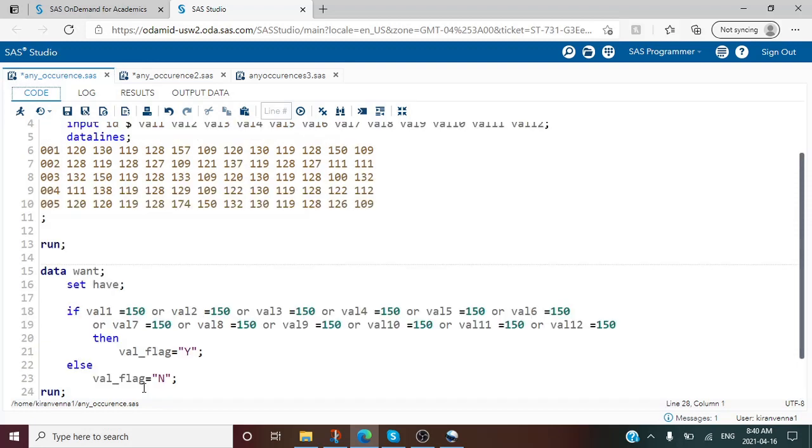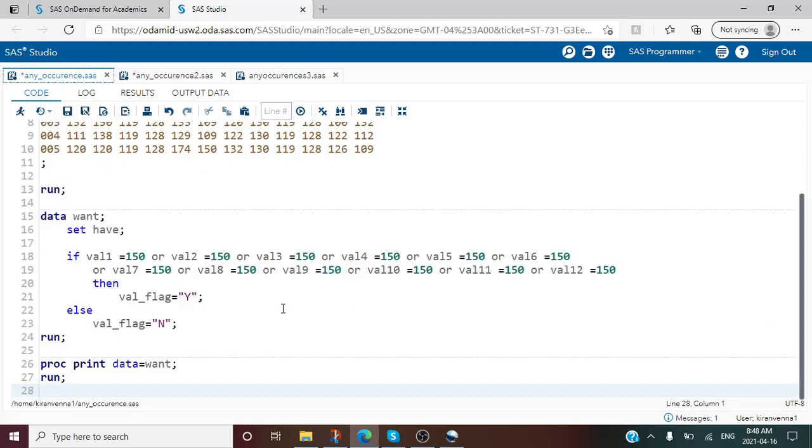This kind of code has one major problem. While preparing this presentation, I was just trying to run it and figured out that I forgot to write or in one place and I miswrote a variable name in another. Whenever we write a lot of code, we might make a spelling mistake. Also, if there are 50 variables, this becomes very cumbersome to write. Before looking at how to make this simple, let us quickly run this code.